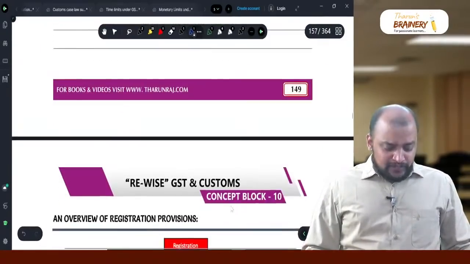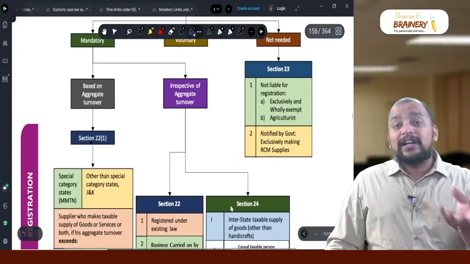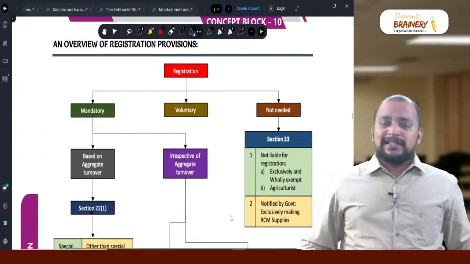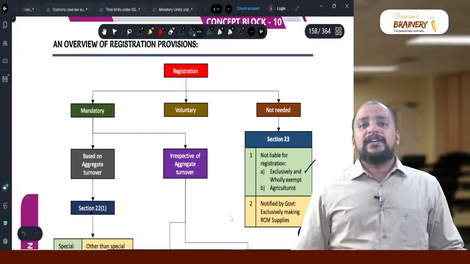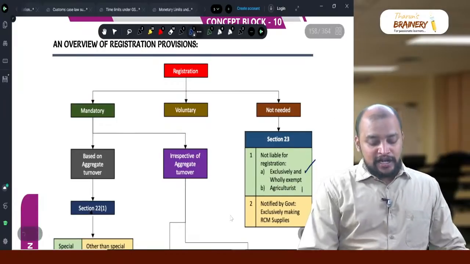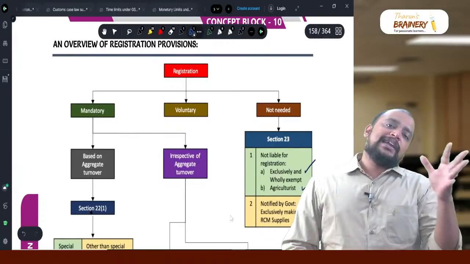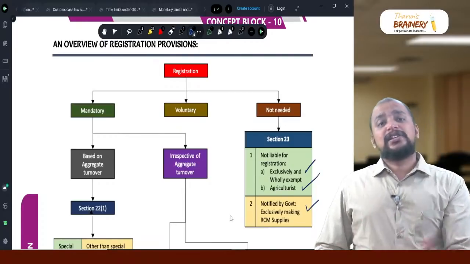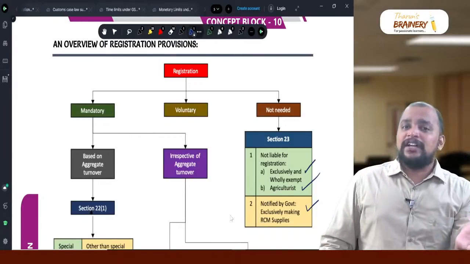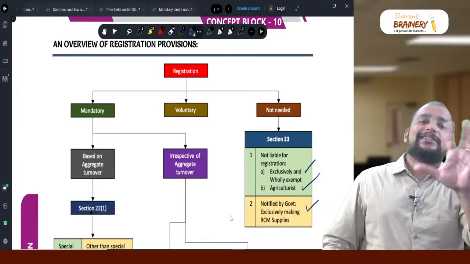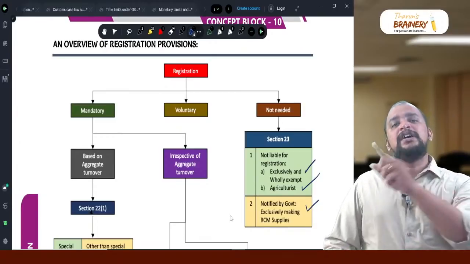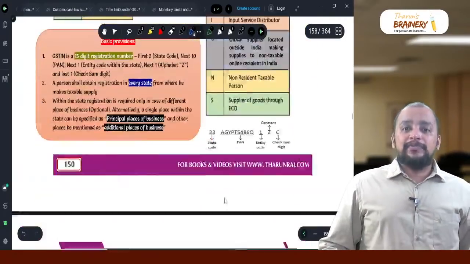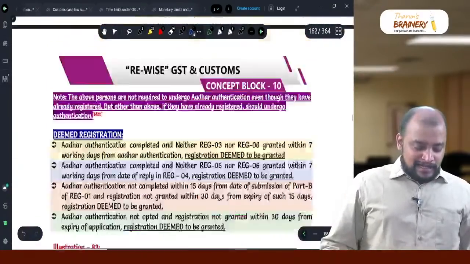Then next, 23 overrides 24. For example, when a person is exempted from registration, they are exclusively engaged in exempted supplies, or they are an agriculturist, or they are exclusively making RCM supplies, then they are exempted from registration. When they are exempted from registration, 23 will override 24. Even though they would otherwise be compulsorily required to register, they are not required to register, because once they are exempted from registration, compulsory registration doesn't apply. And thereafter,